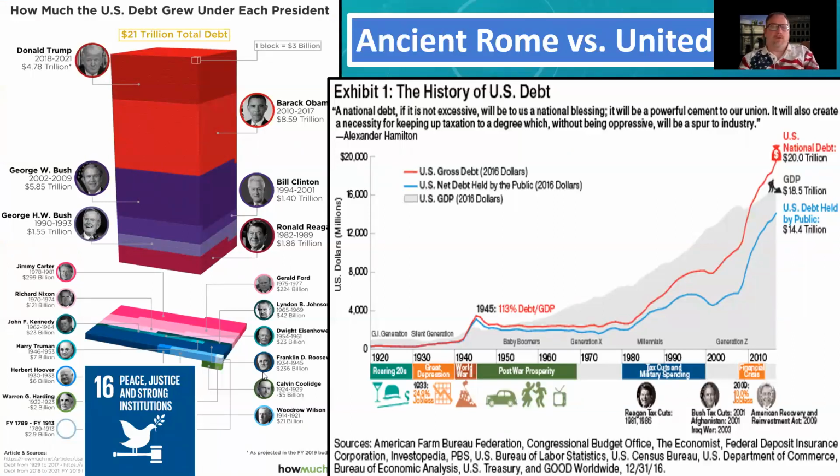Now for us, we've got to actually consider where we're at versus ancient Rome. I will tell you, if you look at how much the US debt grew under each president, Donald Trump, this is 2018 to 2021 predicted. Now this number will definitely go up much higher because of the coronavirus. We're looking at a roughly $2 trillion bailout for small businesses and for individuals who are losing their jobs, which will probably be in the millions by the time we get through the month or two of sequestration. So that number is absolutely going to go up.